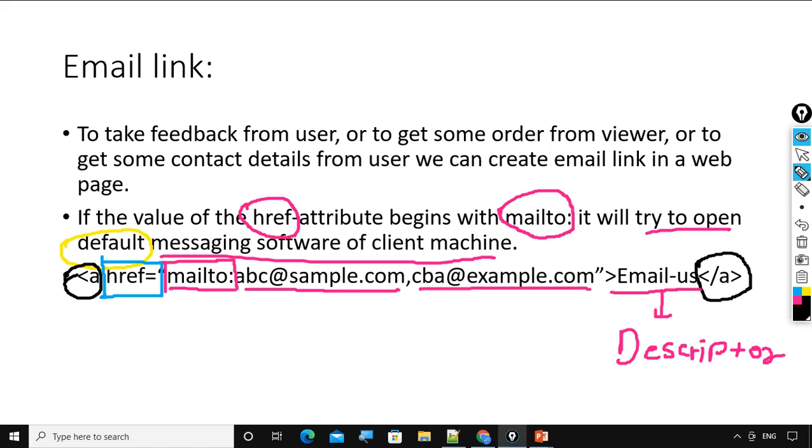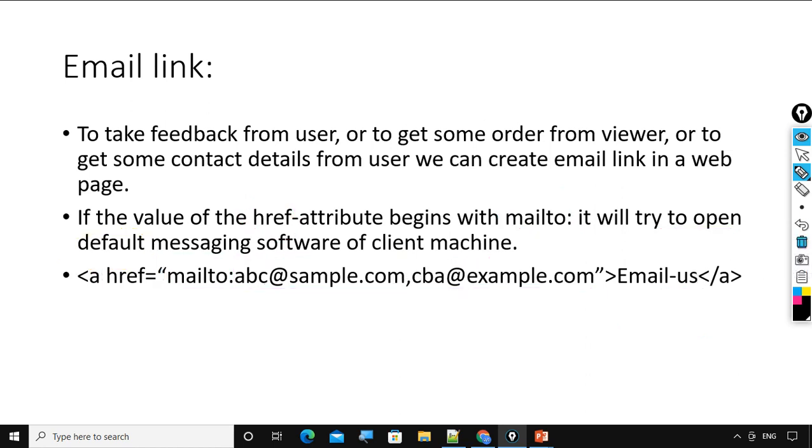Observe here, this is one email address and this is another email address separated by comma. Understood? So this is the syntax to create an email link. Now let's understand this example practically.